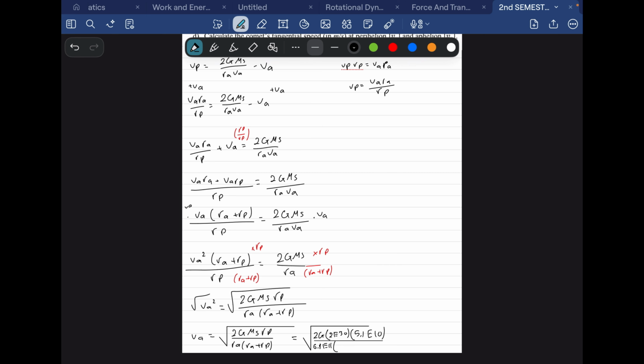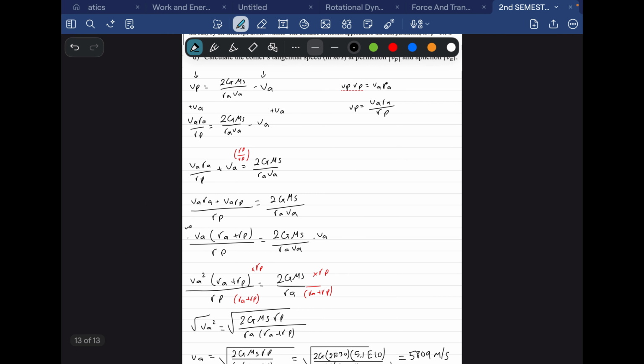Okay, now R apogee is the same thing, 6.1 e to the 11 plus the distance of perigee, which is 5.1 e to the 10, which should give you 5809 meters per second,